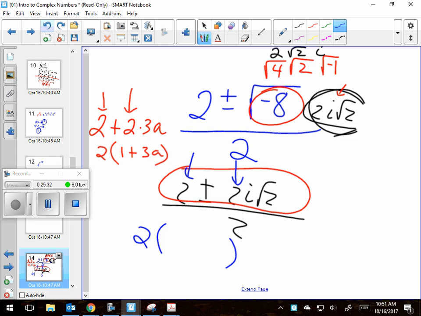I take the 2 out, and what I have left, though, needs a 1 here. A lot of people think it just disappears, but if there was no 1 there, then when I multiplied it back out, this times this wouldn't exist, and I wouldn't get my 2 back. So there has to be a 1 in front. Most people get that, but there's always like 3 kids that think that somehow when you take the 2 out, it just disappears. There isn't a 1 here, but there is. Okay, and then there's 2 on the bottom, and those 2's cancel, and your final answer is 1 plus and minus i root 2.